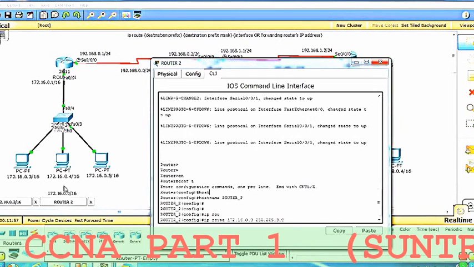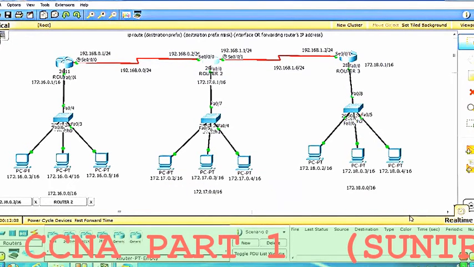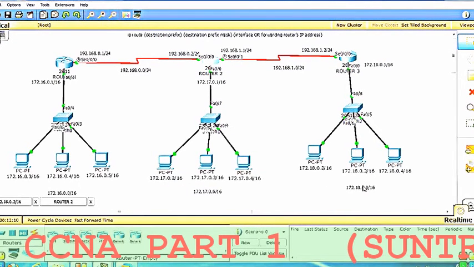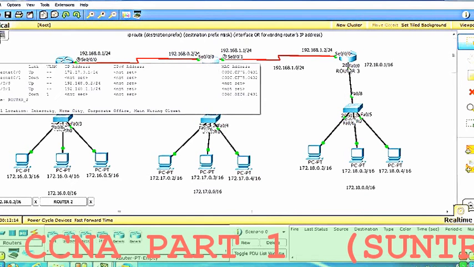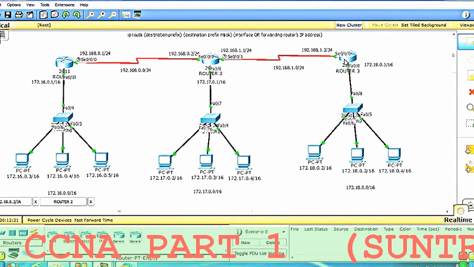That is one entry. One more entry I have to create: this time my destination network is 172.18.0.0, and my next hop would be 192.168.1.2, because to reach this network I have to go to router 3's serial 0/0/0 interface.